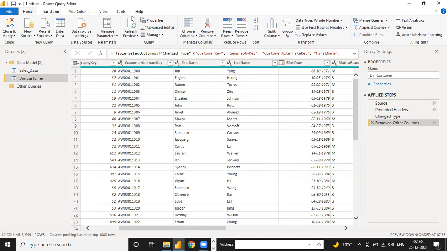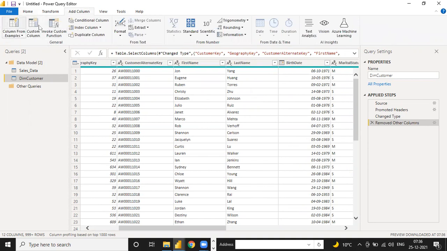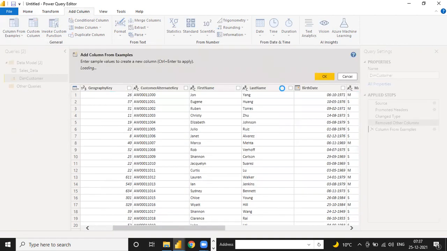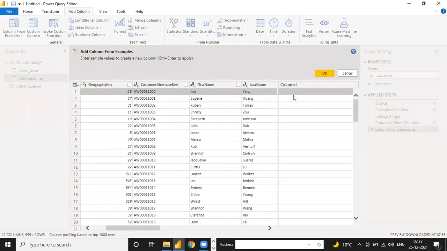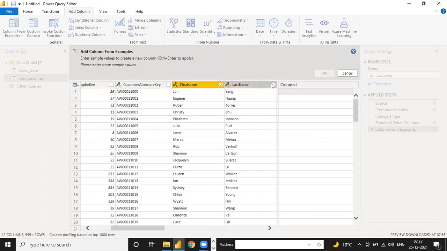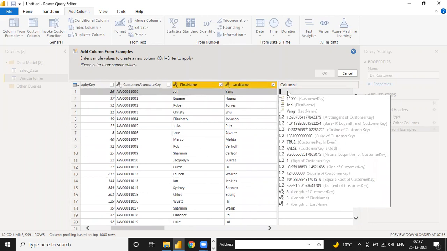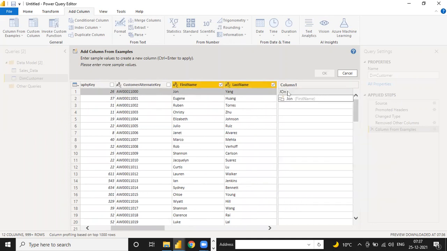If you need to add any column, you can go to Add Column, and now you can find there is a multiple option. Suppose I click this Custom Column From Examples, From Selection. I am adding one new column and I need to select those columns. Suppose this one is your first name, this one is your last name. I am selecting them, and now in this column I am just writing John,